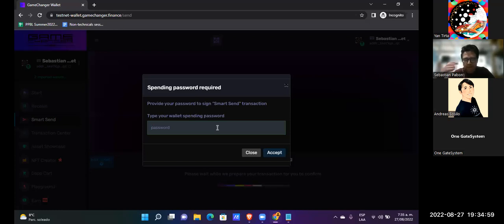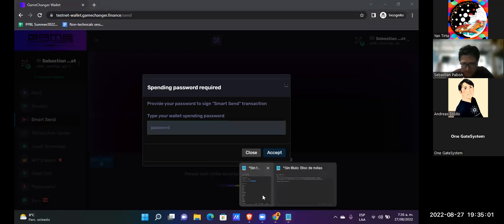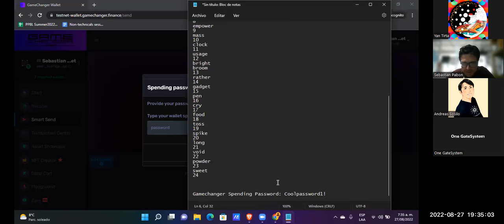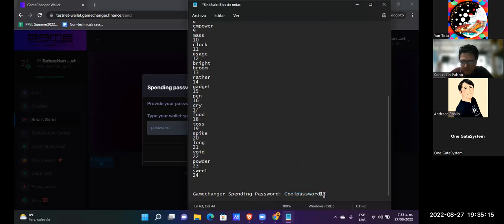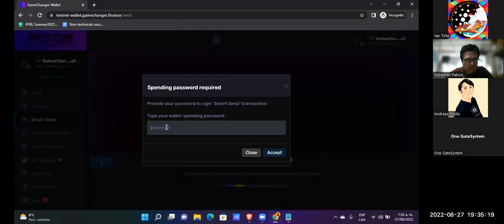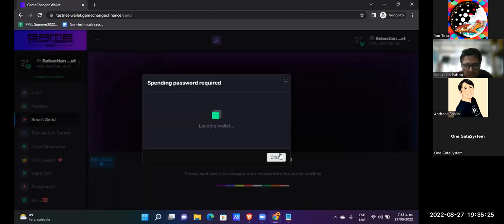Okay, I know, because I changed this password: when I am importing the wallet, the software is requesting an additional number and another character. Okay, accept.